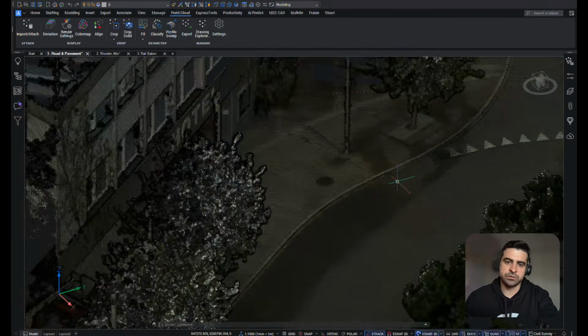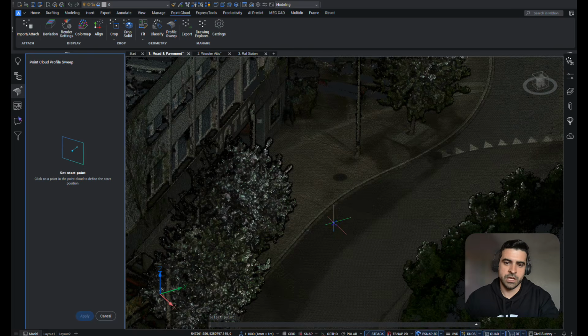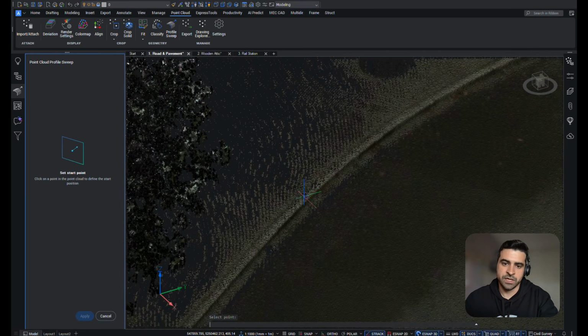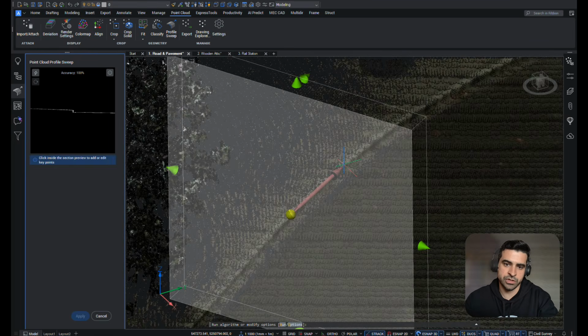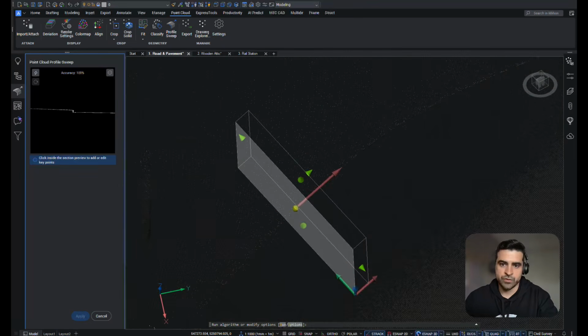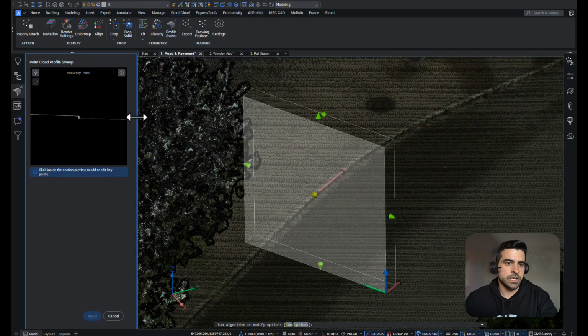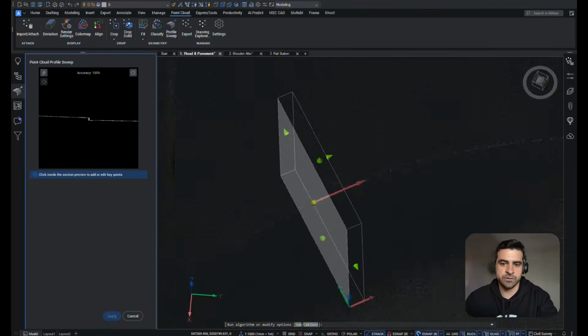So in this particular case, what we can do is activate the profile sweep and zoom right in. First things first, we will need to find an area of interest by clicking once, and then with a second click, we can define the direction. This tool creates a sectioning entity. We can see the result on the left side. And in this case, we're slicing through the point cloud by using this tool.